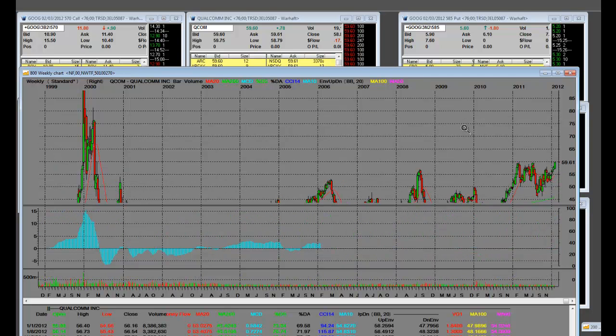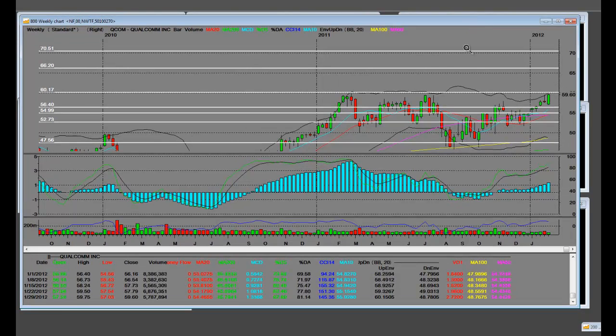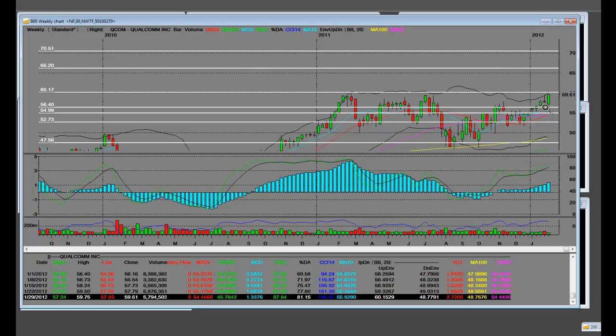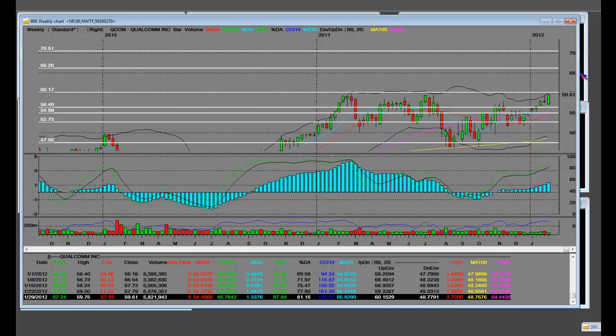When you take out these triple tops right here on a good earnings report, Qualcomm runs higher. If they guide the quarter up, it's a great place to be. And that's what the upside of that move looks like. It's got a lot of support on this weekly chart, even though we are approaching resistance levels. It's going to be the news that drives it higher up in here. And of course, there's going to be a price level that you'll be able to work with in this area right here. And I'll show you. It'll be somewhere right about, let's see,